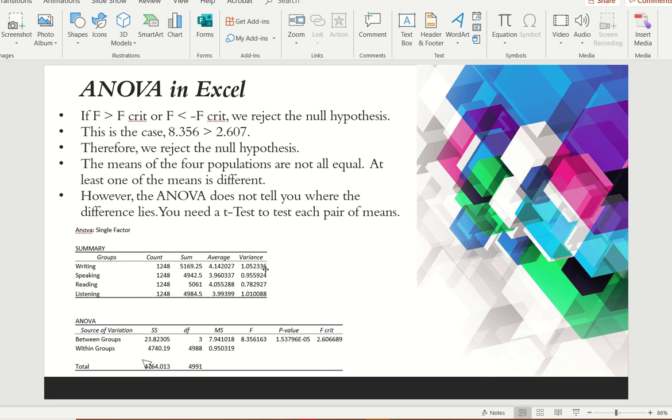Okay, so ANOVA in Excel, I copied the same output right here. So the way you read that is if your F statistic, that's right here, 8.36 rounded up, is greater than the F critical value, right here, 2.607-ish, or if it is less than the negative F critical value, that would be minus 2.607,